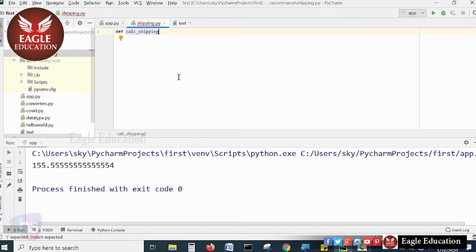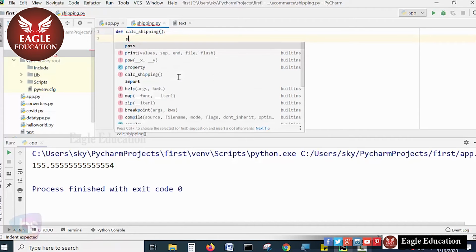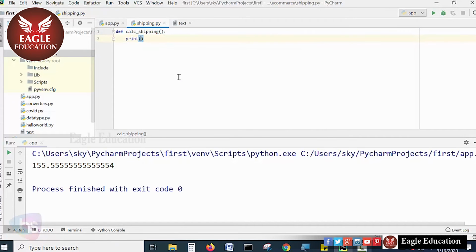Simply assume it and print some information. Anything you write here will be treated as output. I have written a file within the package called shipping, and now how to import and use this module